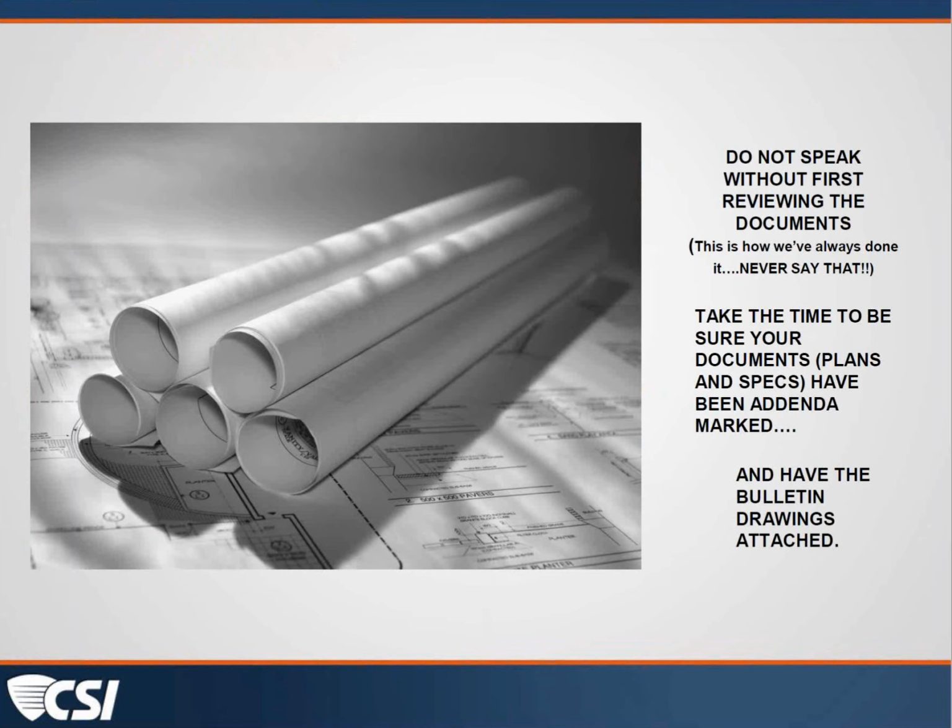So I use those terms not to mean the same thing. Record drawings is what is reproduced based on the information provided from the contractor, and what the contractor has marked up, I refer to as as-builts. So I use the terminology that way. It helps me to keep track of what's what, and I think is clearer